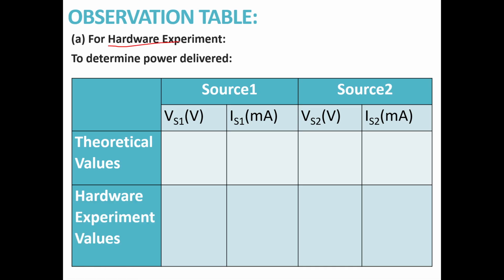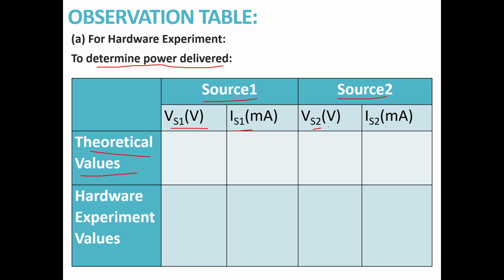For the hardware experiment, to determine power delivered. Here the source will deliver the power and passive elements will absorb the power. How many sources are there? Two sources, source 1 and source 2, the RPS 1 and RPS 2. Theoretically you have to calculate the source voltage and source current, and note down VS1, source 1 voltage, and source 2 voltage,